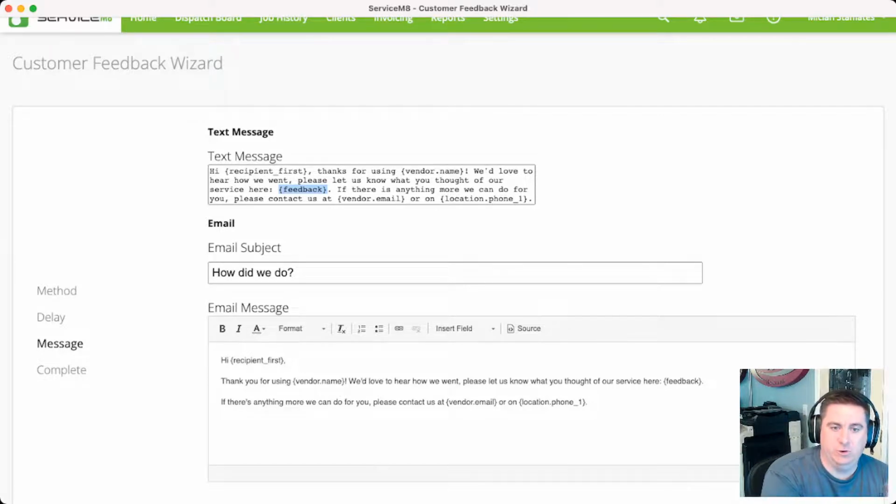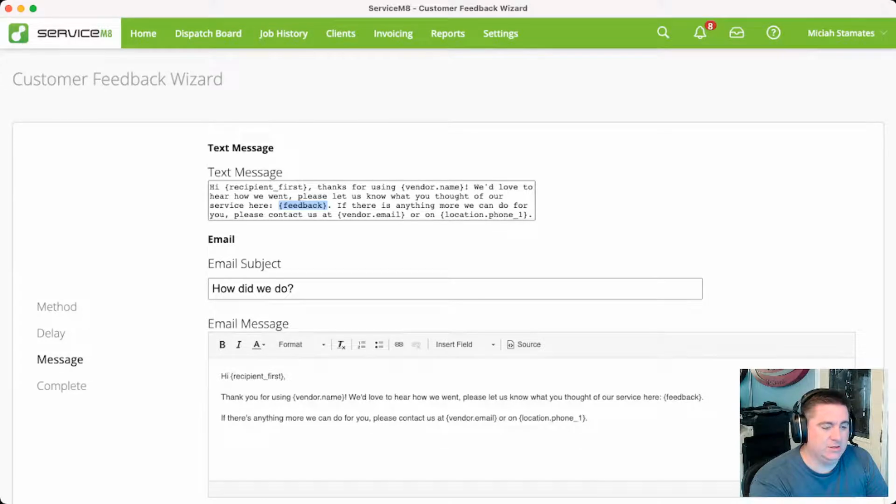And again, if you did have it connected to Facebook, after they left a 4 or 5-star rating, it would give them the option of sending it to Facebook. If you've got a Google link in there, they click that link, it would send them directly to your Google page. It is important to note as well that